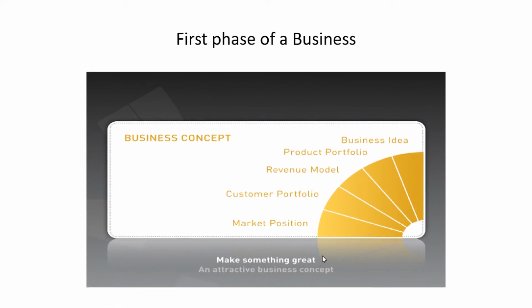So within business concept, we looked at the 5 areas. The first one being your business idea. Here we discussed what you have to look at when you're still developing a concept or a business idea. Under business idea, we looked at idea generation for you to start a business. What is your business going to do? The why: why are you starting the business? That is what we speak about under the business idea.